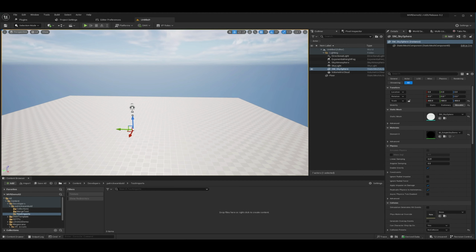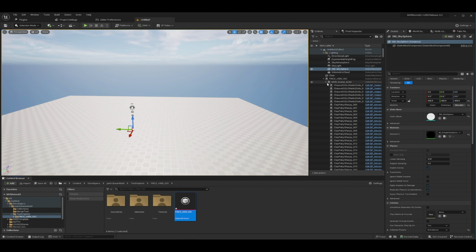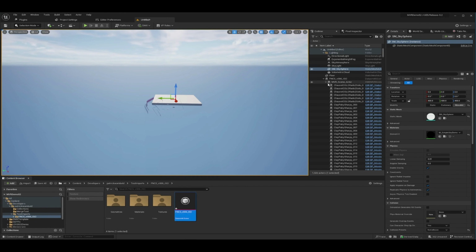So once I hit import, it's going to think about it for a second here. I get a little progress bar. I think you can only see part of it due to my widescreen monitor. And as soon as it finishes here, we'll take a look at what happens in the scene. So it usually only takes a few seconds for these kinds of file sizes. So here we are. So we have the MVR scene actor as well as a video actor.